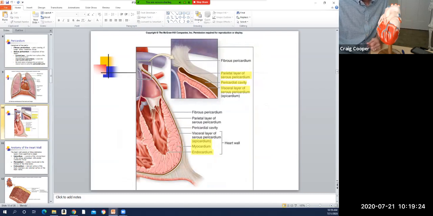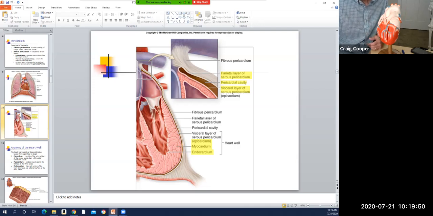The middle muscular layer of the heart wall is going to be the myocardium, myo meaning muscle. And then the most inner lining of the heart is going to be the endocardium. So again, we have those similar terms. The epi, we don't have peri this time. Well, we have pericardium as the whole thing in general. But for a lot of those tissue layers, we have the epi, the peri, and the endo,